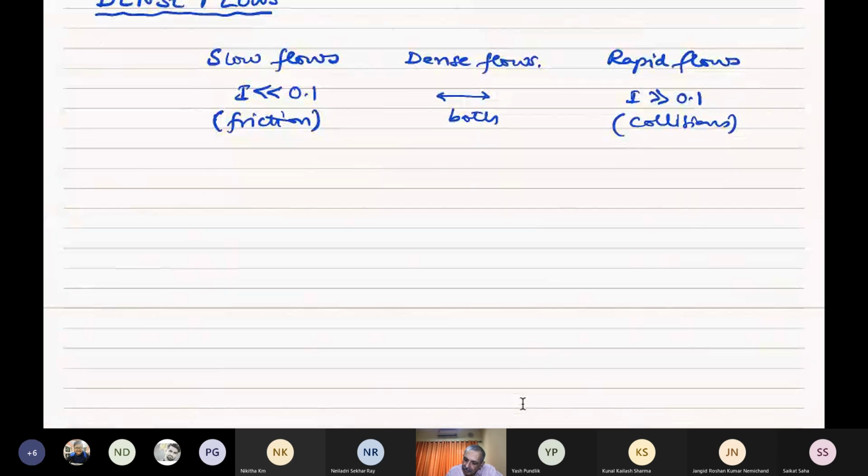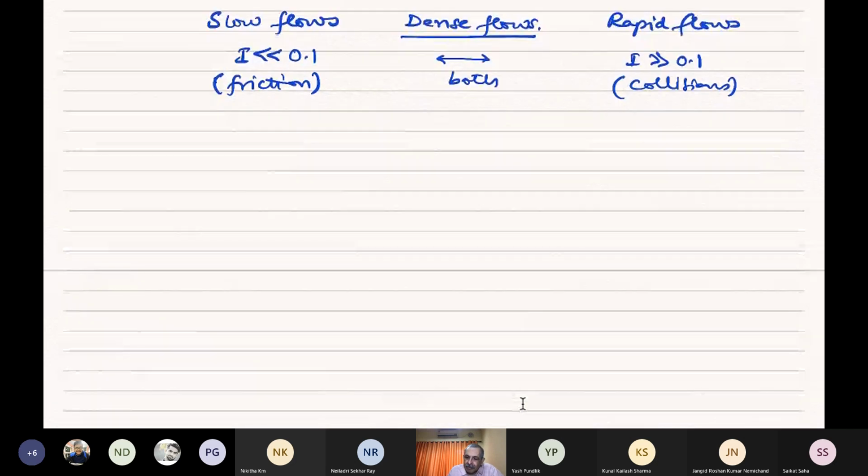Okay. And so this is what we want to really look at. How do you deal with this? Now there are many ways of looking at it, but I want to tell you about one model which has turned out to be quite successful in recent times, and that model is based on the inertial number,